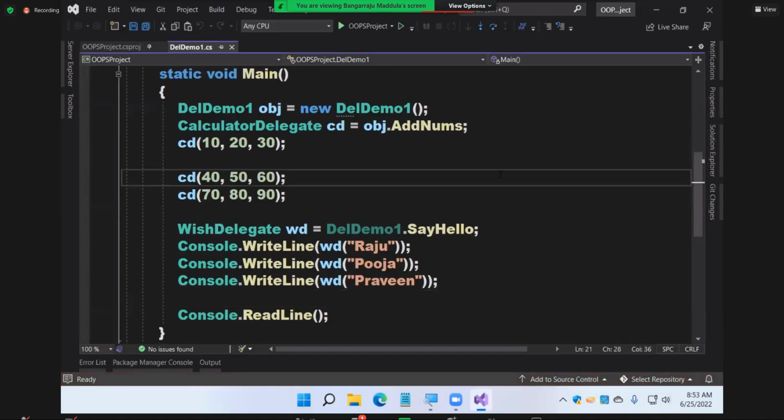See here, delegates are of two types. What are the two types of delegates? The first type of delegates is unicast, and the second is multicast. The first one is unicast, and the second one is multicast. What is unicast and what is multicast? Actually, unicast delegates means